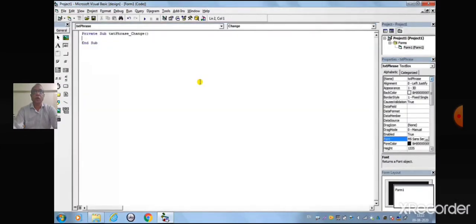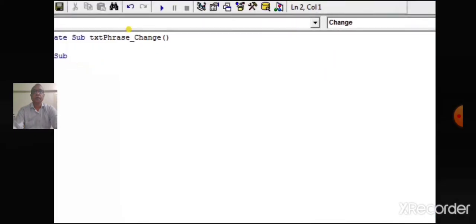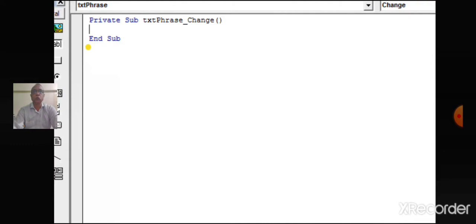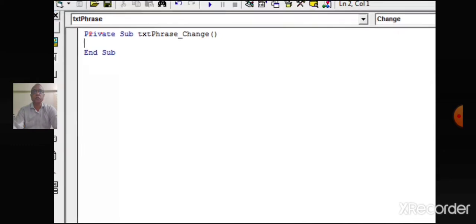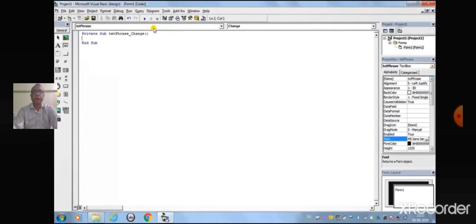A window called the code window appears. Just below the title bar are two drop-down list boxes. The left box is called the object box and the right box is called the procedure box.